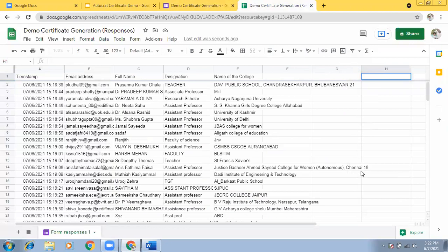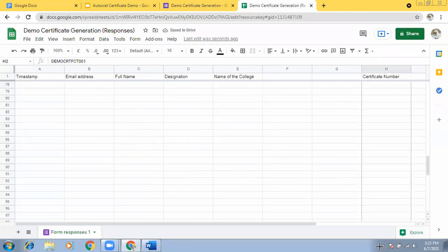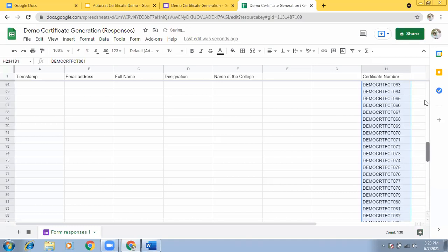After creating this one, I'm adding a new one, certificate number. Now here I will add demo certificate 01 or 001. Then I will just add like this. So whenever people register, that will be coming like this.